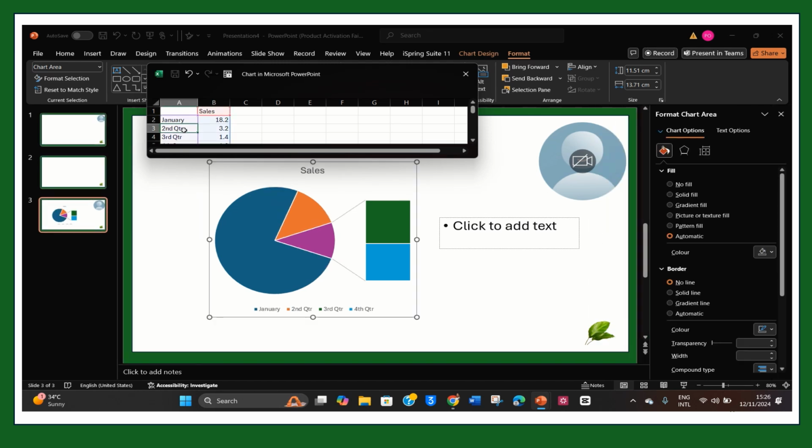Once you are modifying, you will notice that the chart, the bar chart or pie chart, is also changing, right? So you can say number of people that subscribe to your channel in February, number of people that subscribe to your channel